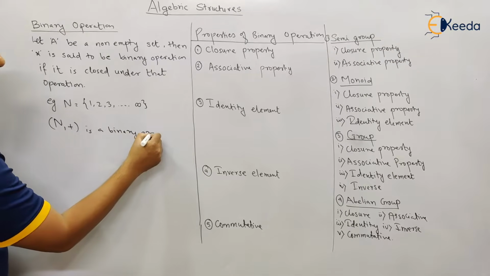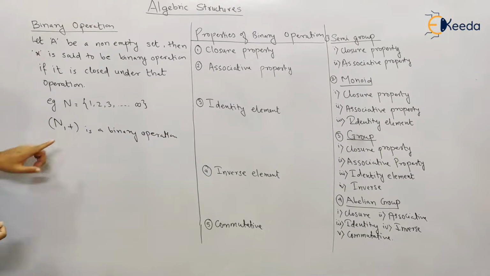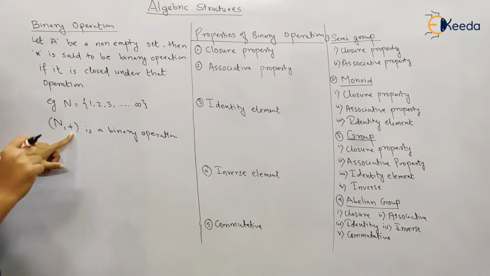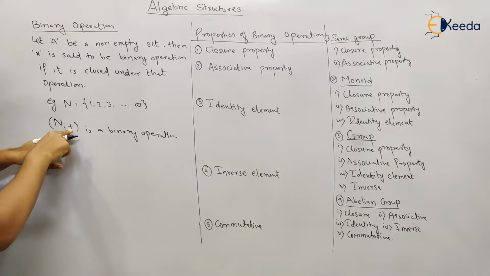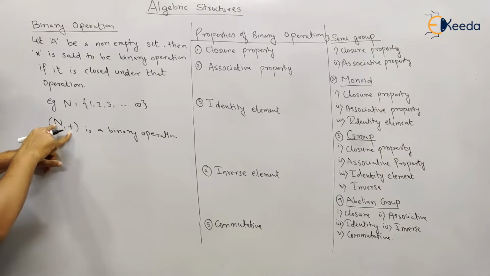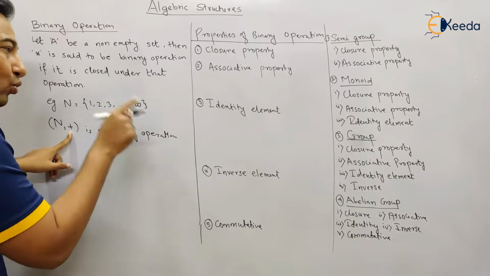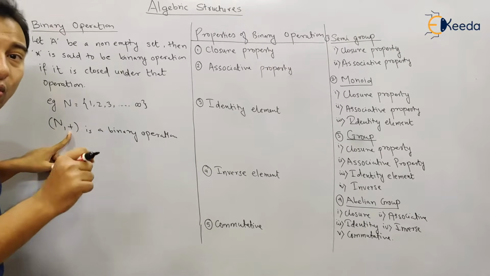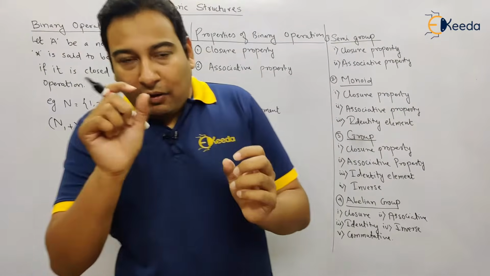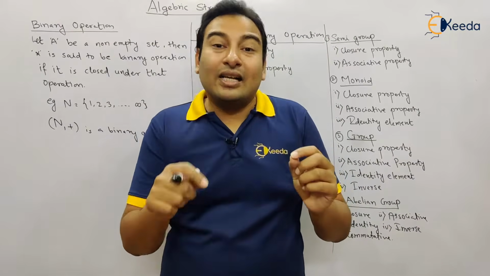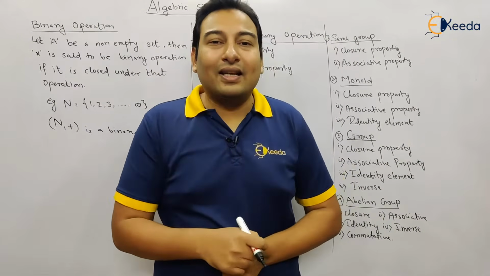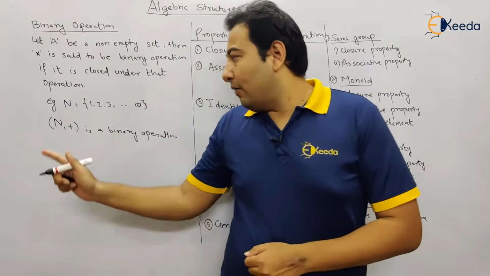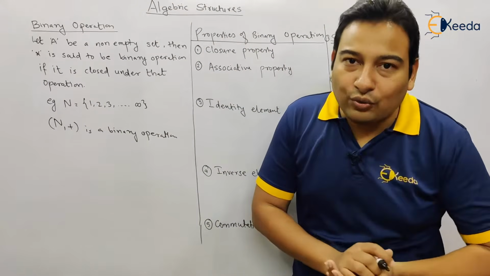Now what is the definition? If you perform this particular operation, here it is star. Star means a general operation, but here we are taking a specific operation. If you are performing addition on this particular set of natural numbers, so any two numbers, if you take addition, your result will also be a natural number. Therefore it is called closed. Closed means perform the operation on the set and the result should also belong to the set. If this condition is satisfied, then it is called closed, and in that case that set comma operation becomes the binary operation. Are you clear with this?